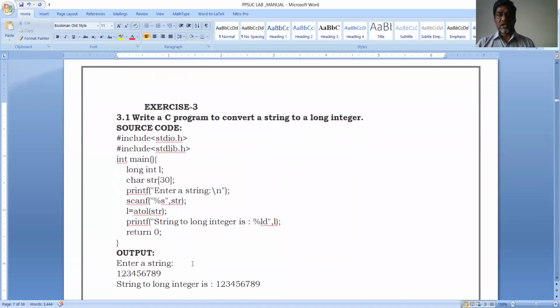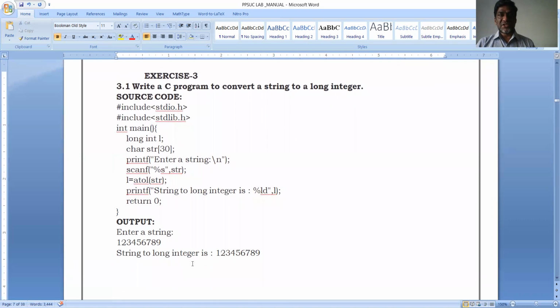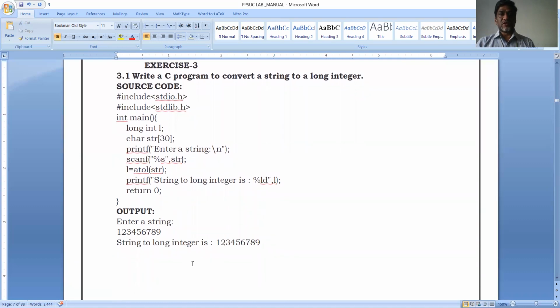We'll discuss one more exercise, exercise 3. 3.1 is write a C program to convert a string into a long integer. So we have a predefined function named atol to convert any given ASCII string into a long integer. Okay, so we can directly use this atol function and pass the corresponding string as a parameter, which returns the equivalent long integer